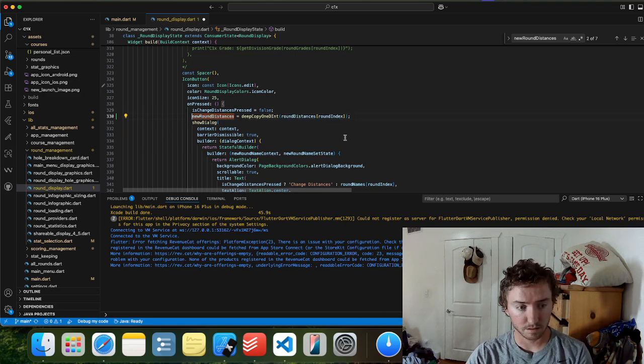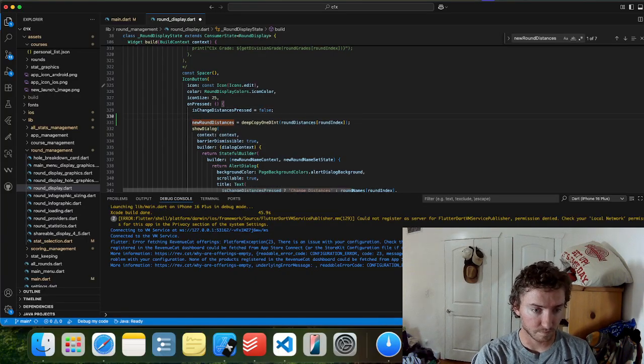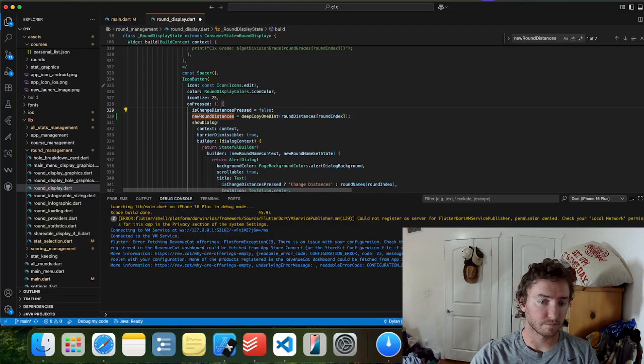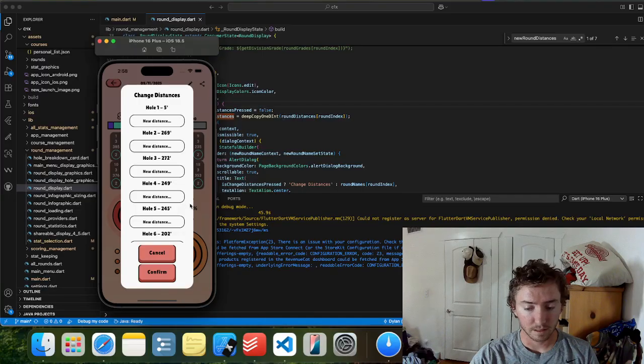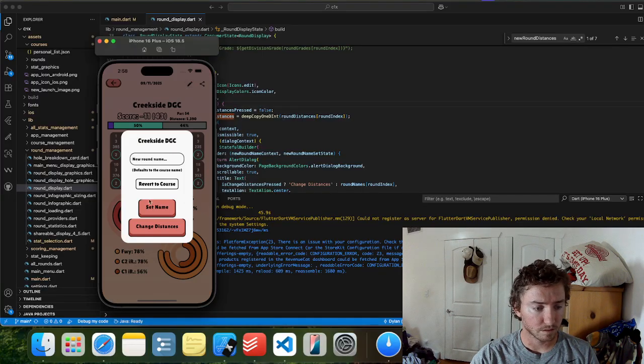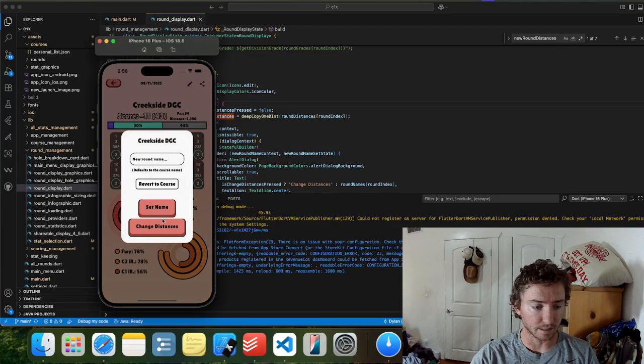I don't know if I need it in a set state. I think we're probably fine there. I might be able to fix this with just a hot reload. All right, so 5, click out of it, hit edit again.